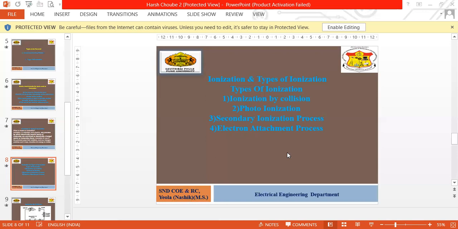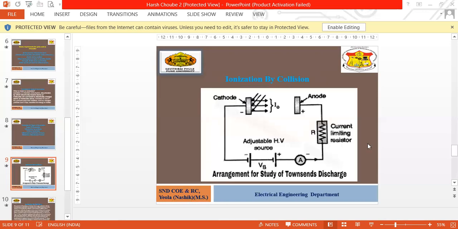For giving you a clear idea of how ionization by collision occurs, we will see this diagram. Here is the cathode, here is the anode, and the supply voltage of E volts is given by the battery. When the supply is given, the electrons are released from the cathode. This is seen in the diagram. When photons or any type of energy is given, these electrons are emitted from the